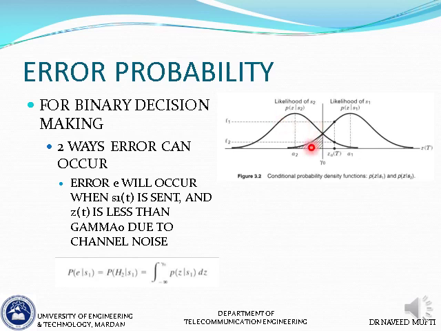So when will that error happen? As long as the L2 value is greater than L1, it will keep making those errors. All the way up until here, this is where L1 and L2 are equal at this point. And beyond that, L1 will be greater than L2. So then the probability of error decreases. As I said, this is illustrated by the shaded area to the left of gamma naught in this figure. So similarly,